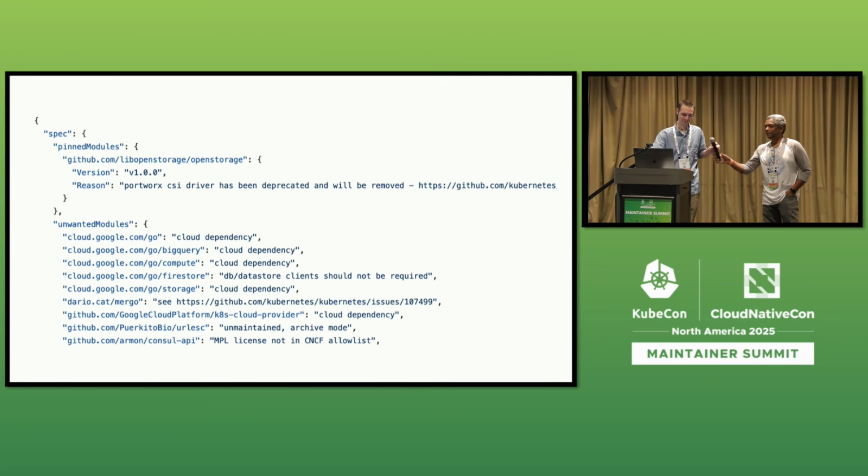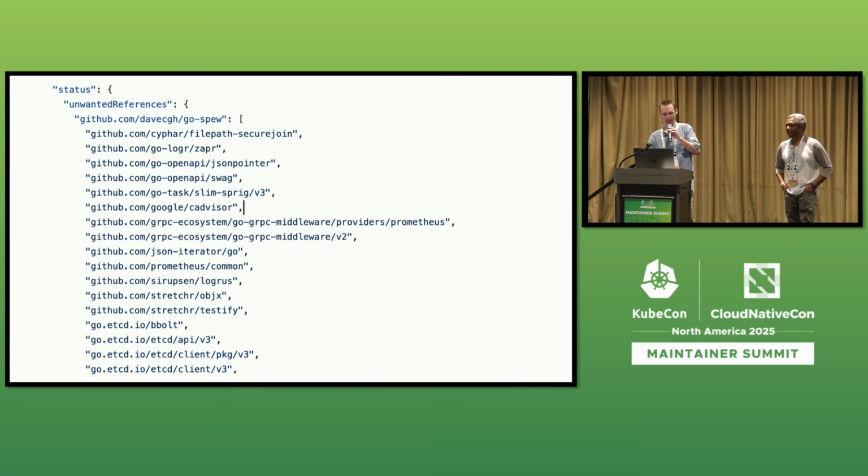Yeah. And so then status is how the world is. And there's two aspects, right? One is, do we still have links to these things, just in our graph? And then the second is, do we actually still need to vendor them to build them? And so we track both of those things.